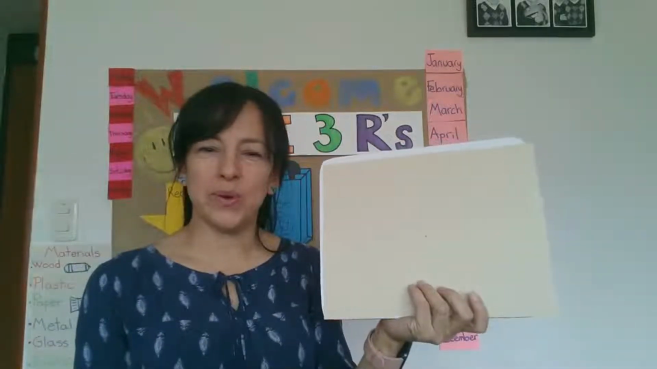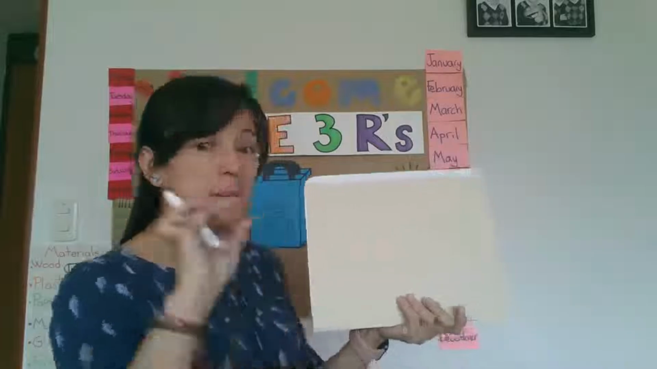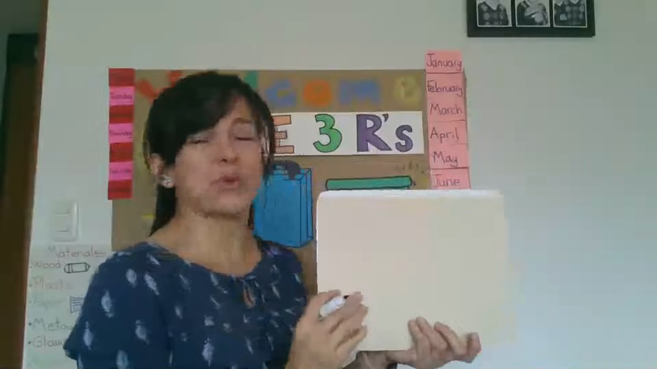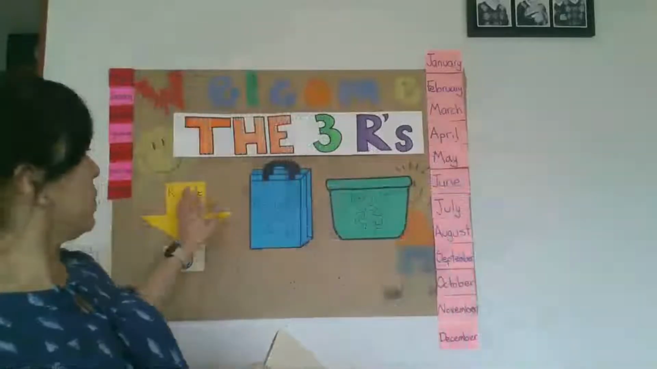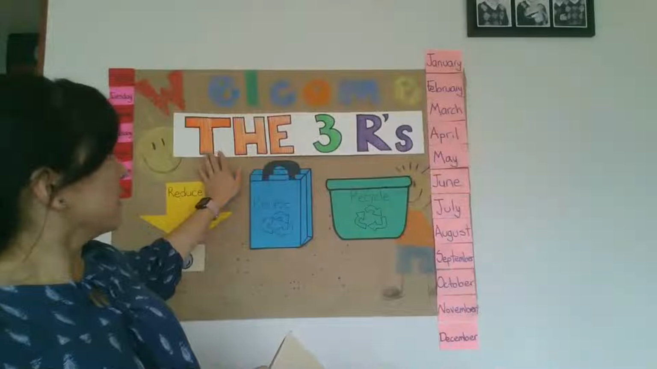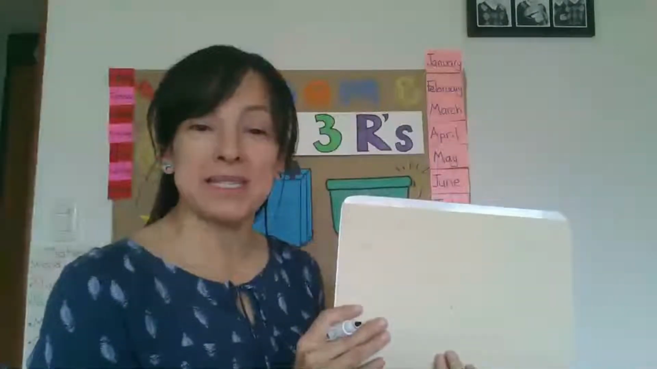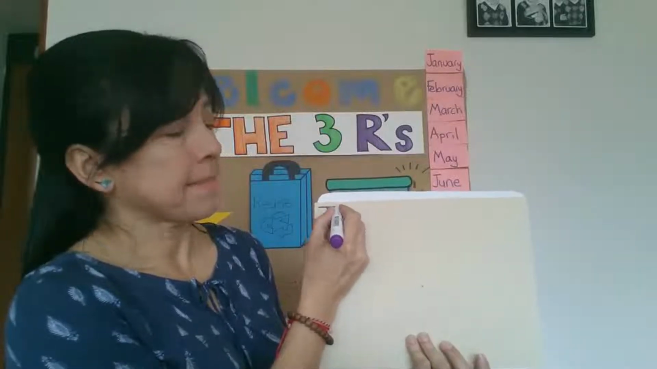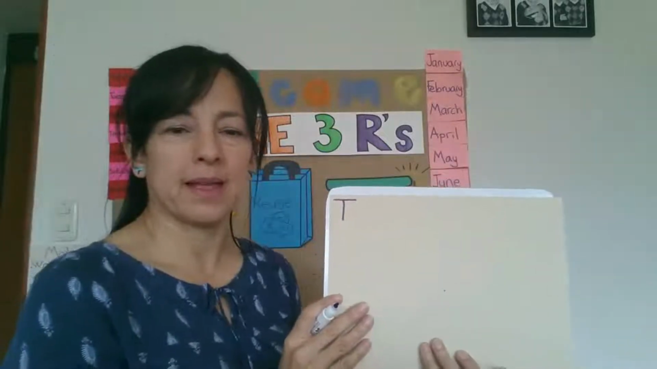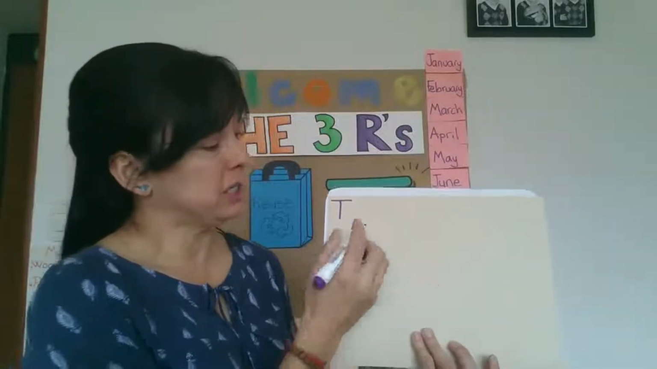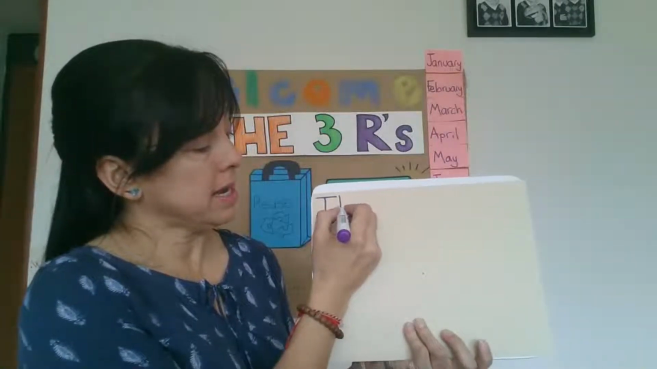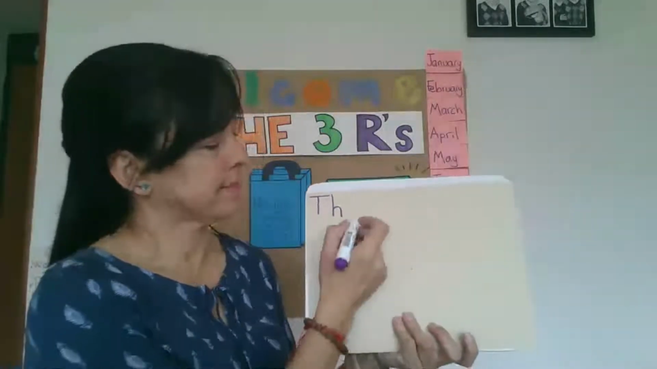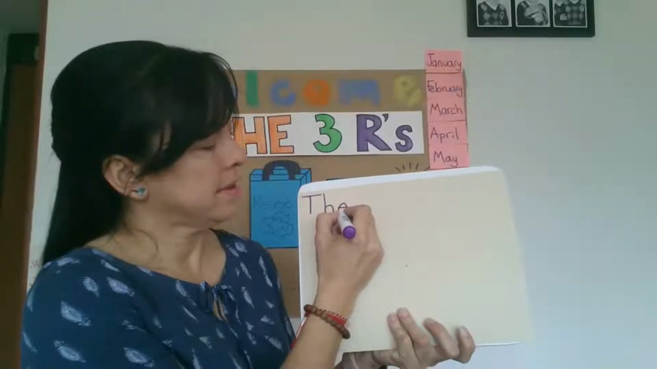So in your notebook, get ready. Remember, use the lines, the cuadritos lines from your notebook. So the first word that we're going to write is the. The, okay? So we begin with capital letter T, capital letter T, letter H, and letter E. The,